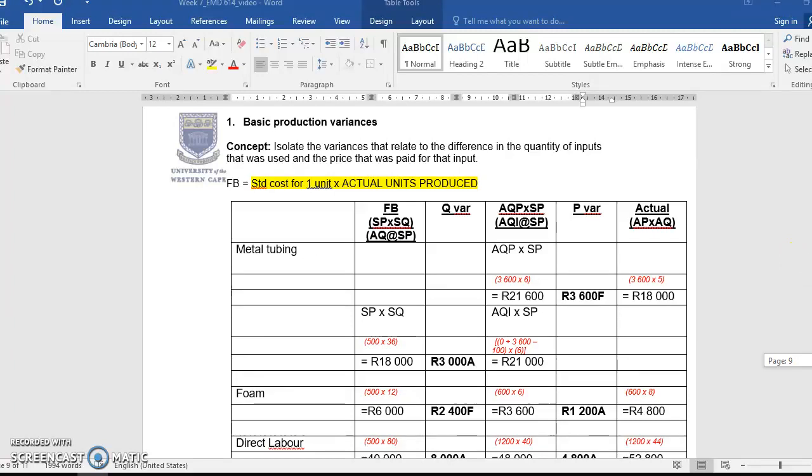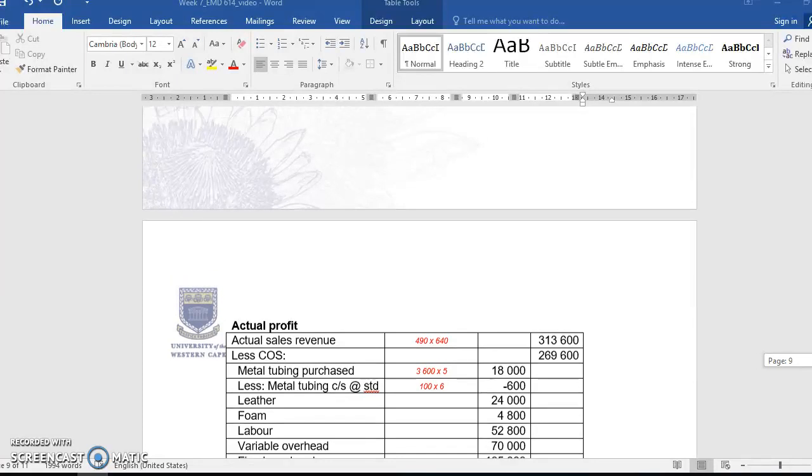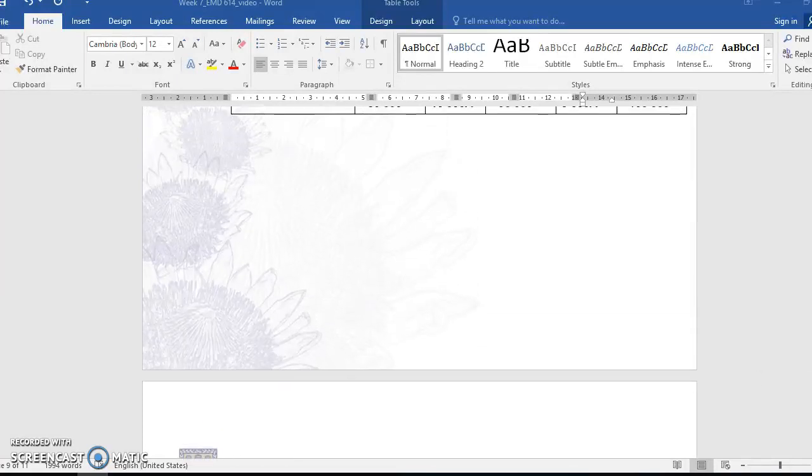Alright guys, so we calculated the variances, and the next part of what's required is to do the actual profit. So profit, reminder, it's sales less cost of sales less any other expenses. Sales is your actual selling price times your actual selling quantity. Cost of sales is your opening stock if there's any, plus production costs, which consist of raw material, labor and